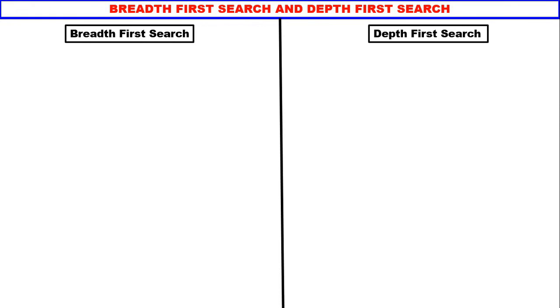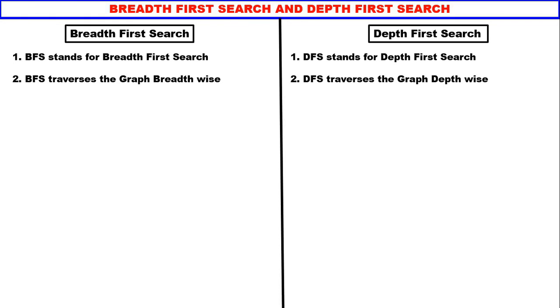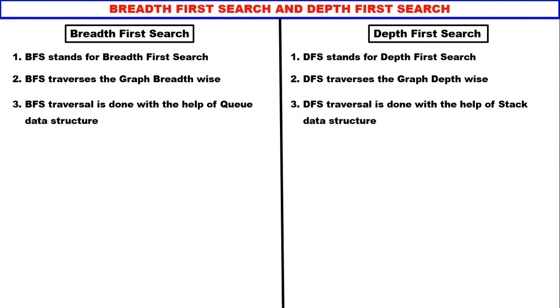Now, let us understand the differences between depth first search and breadth first search. Number one, BFS stands for breadth first search, whereas DFS stands for depth first search. Number two, BFS traverses the graph breadth-wise, whereas DFS traverses the graph depth-wise. Number three, BFS traversal is done with the help of queue data structure, whereas for DFS we use stack data structure. This is an important difference. BFS uses queue, whereas DFS uses stack. We will understand how the queue and stack are used when we come to the algorithm operations of BFS